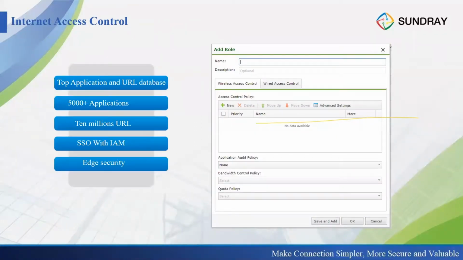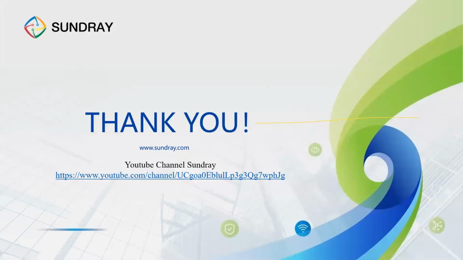Okay, this is our control. For our internet control, our application and URL database is big, with more than 5,000 applications and 10 million URLs. Also, if you use the Sangfor product, we can do single sign-on with Sangfor's products, and we can also configure edge security policies for wired and wireless access. Okay, this is the first